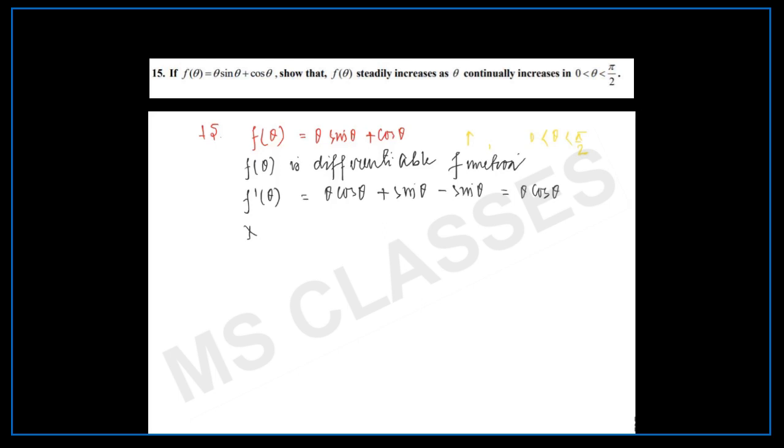Now, for all theta belongs to (0, pi by 2), theta cos theta is greater than 0. Therefore, f dash theta is greater than 0. Now, function f of theta is a differentiable function and f dash theta is greater than 0. So, by combining these two concepts, since f of theta is differentiable,